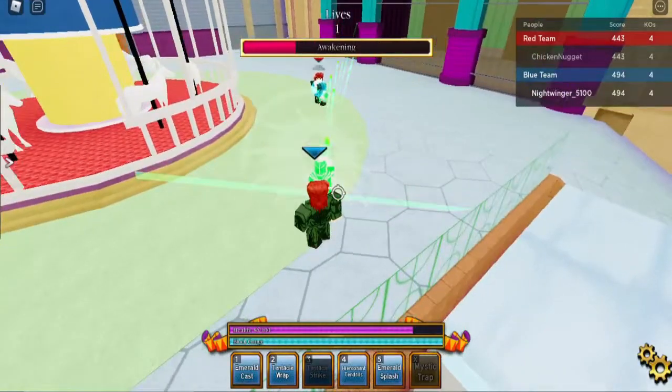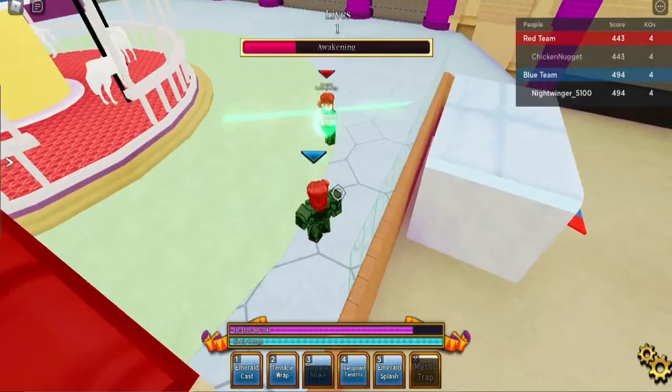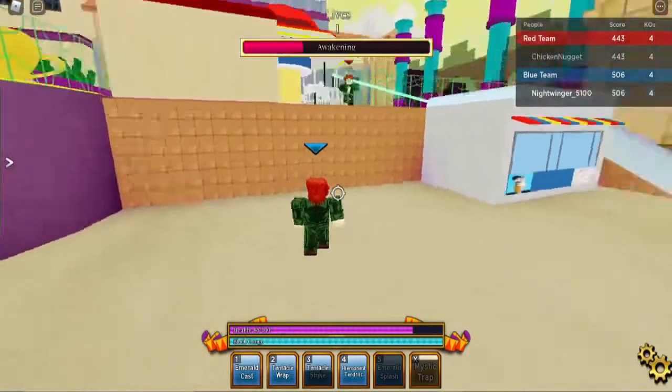Oh, I did try to throw out Emerald Splash, but you see I'm going behind my Mystic Trap, so if he tries to punish me, he's going to get hit with Mystic Trap. Now, in that situation, I would recommend...